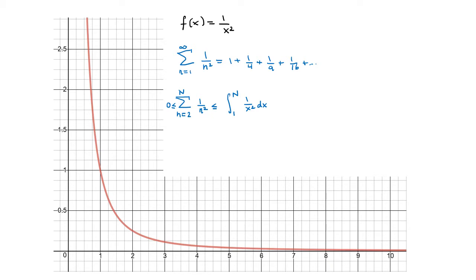Let's see what this means in action. So let's take capital N equal to 5. Okay, so let me draw in this region that we're going to be integrating to get my supposed upper bound. Okay, so I'm trying to compare this blue shaded region